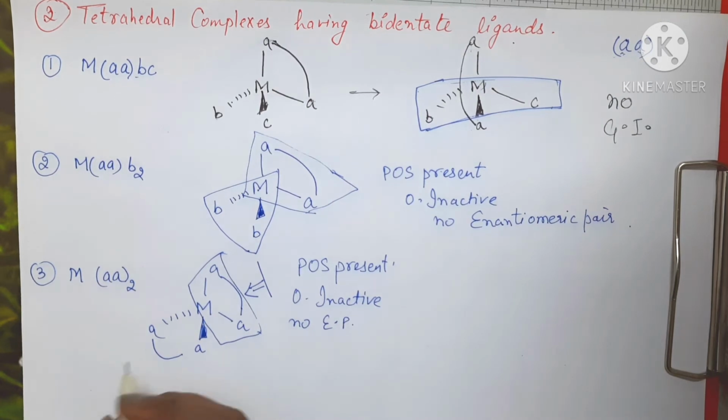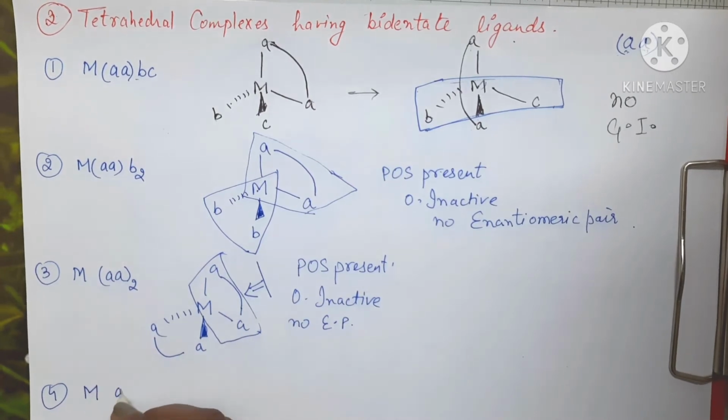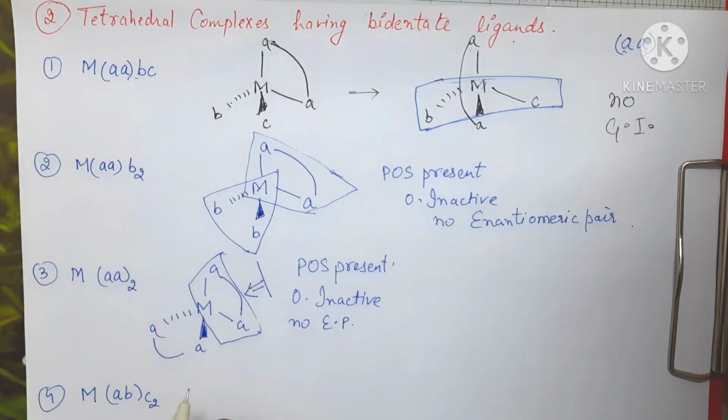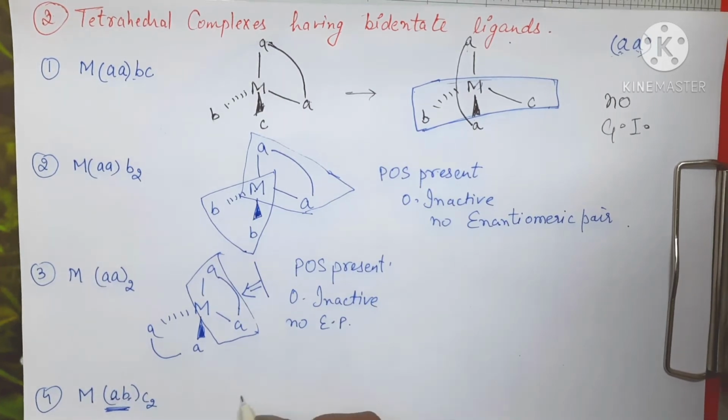Now we'll move on to the fourth type of compound. Now it will be easier for you to understand, right? So now it will be MABC2. Now what I have done is, this is a chelating ligand, but the sites are different. Okay, so now what will happen,